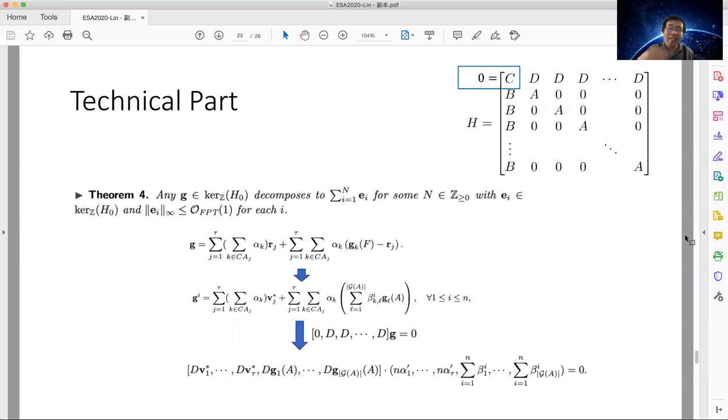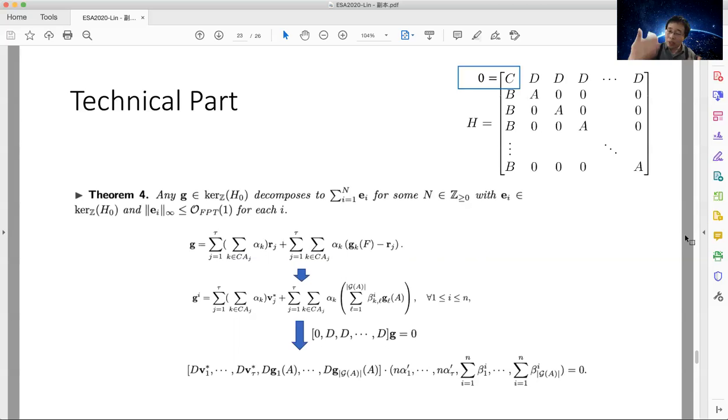Then if you plug this back into C times D times G, remember this equals 0, and expand it, it takes some mathematical calculation. I'm not able to walk you through all the calculations, but if you believe me,